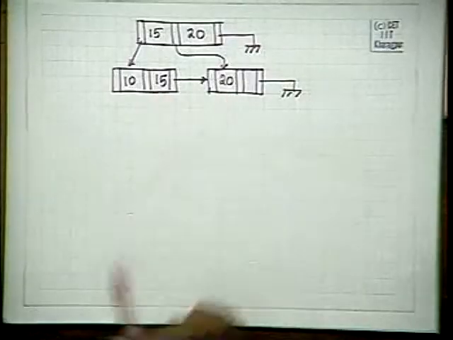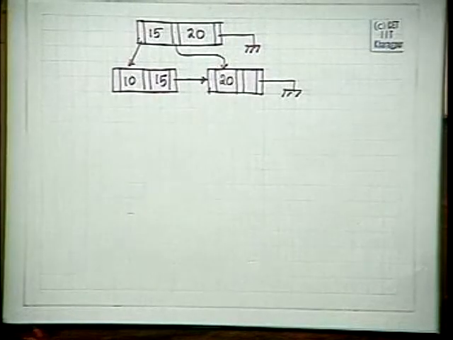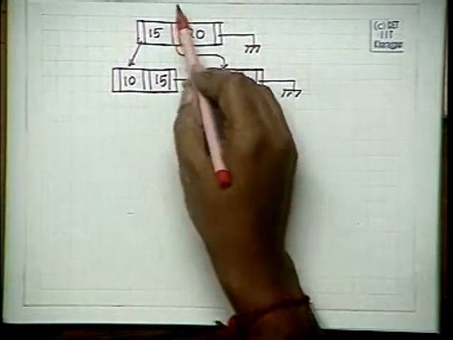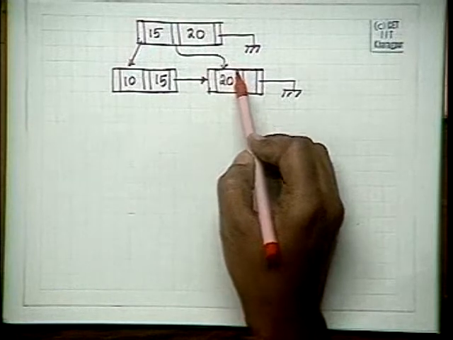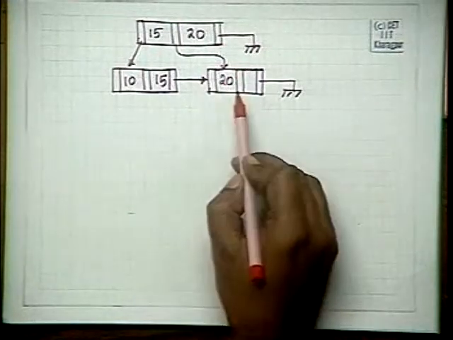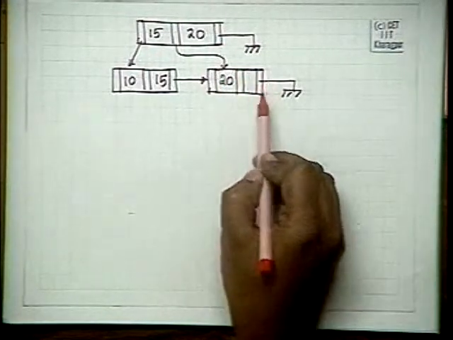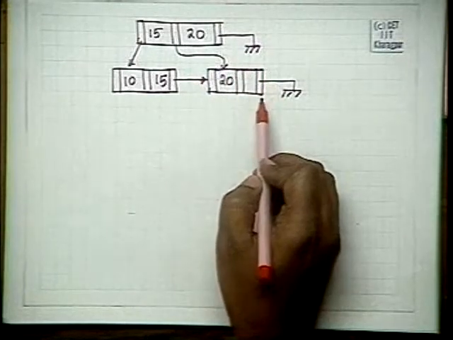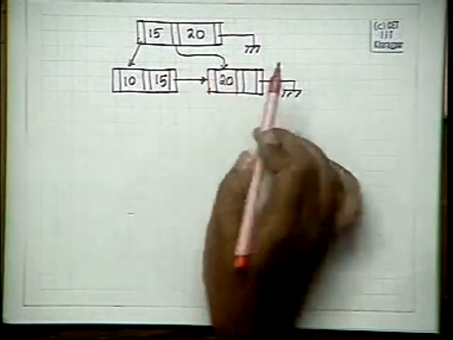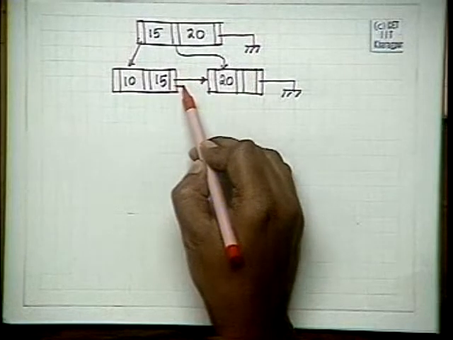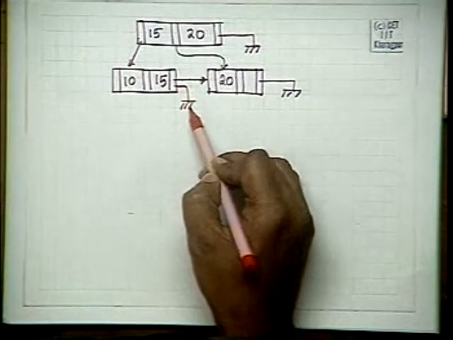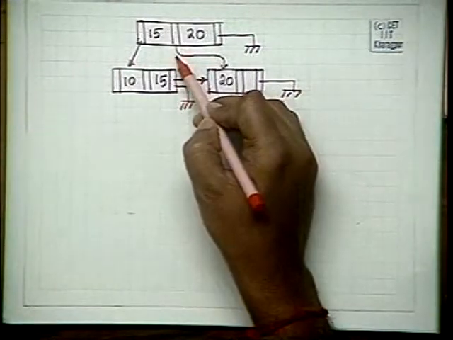Suppose you have a structure like this, and at this point of time, if I delete 15 it is okay, but if I delete 20, I will come here, search 20, find that 20 is null, 20 is deleted, then this record becomes empty. Once this record becomes empty, I will throw this away and I will ground this, and I will delete this one from here.